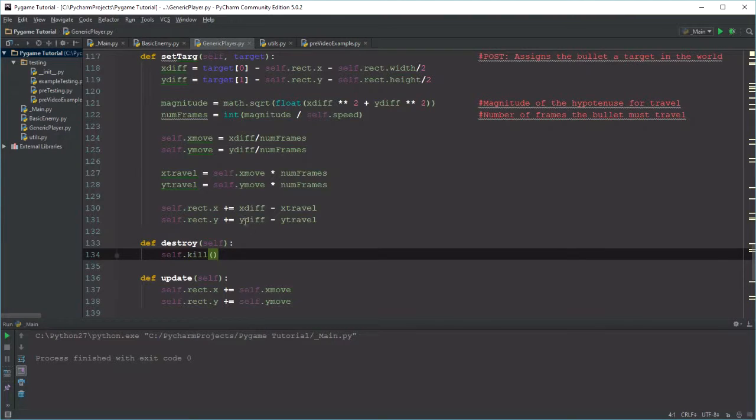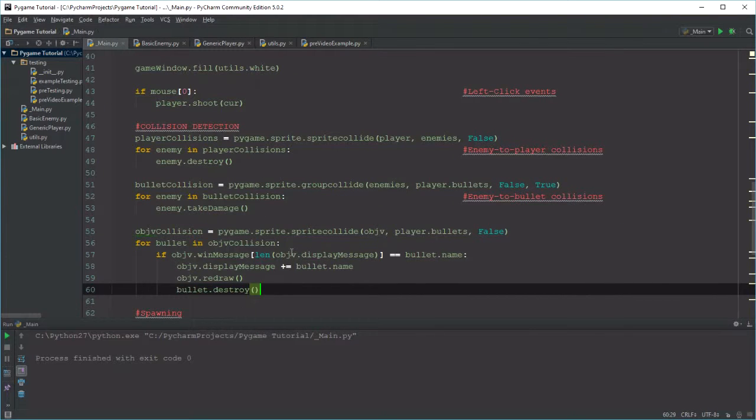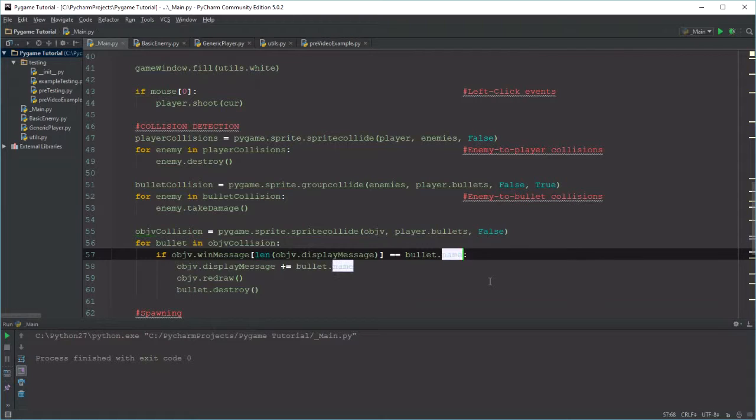Let's see. I bet that's in the generic player version of this. So let's see. Do objective, shot, add it to it. Set target, self.ammo, templater.upper. I don't know why it's not looking for F properly. That's a very good question. So we're looking for F, and we should be also looking for F over here. Display message, the length of it, since the display message changes. Oh, is equal to the bullet name. So if the win message is equal to the bullet name,